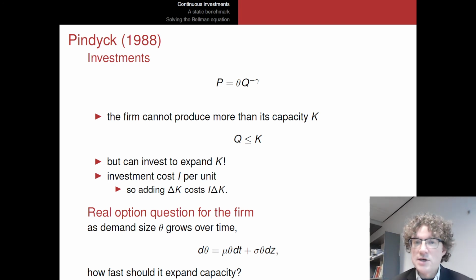But in order to actually also introduce our real option problem, we also want to have a look at the role played by investments here. So we have this price demand function here, this constant elasticity demand. But we're going to assume that this monopolist has certain factories, right? Certain plants. So if it's a power producer, it has some power generation plants, and these power generation plants will have some capacity. We'll call that capacity K.